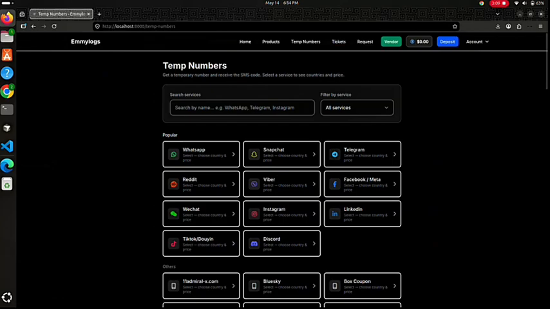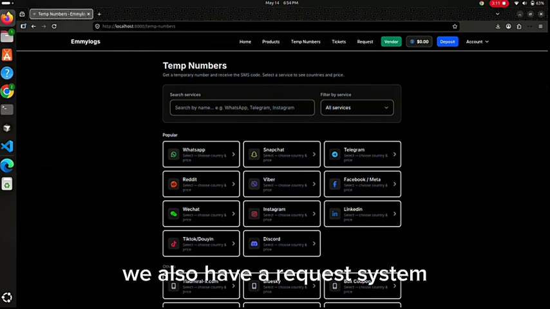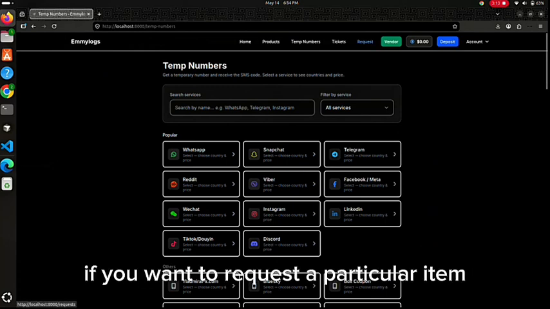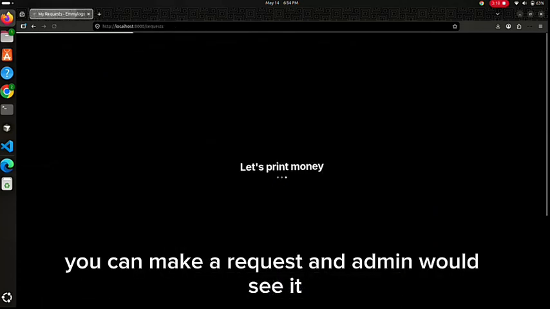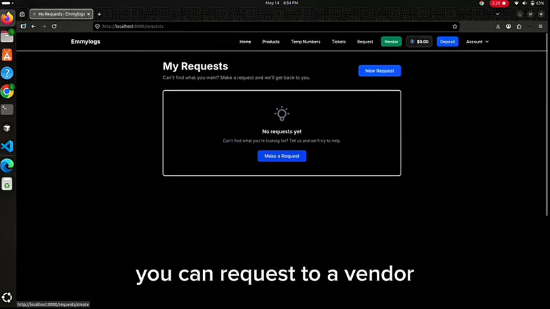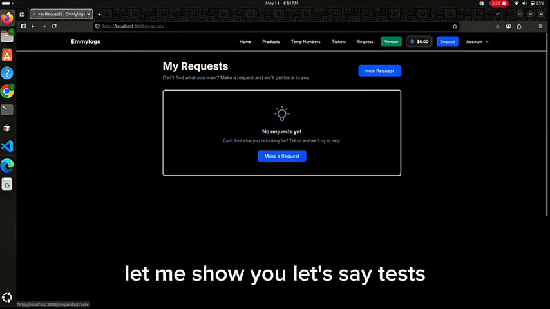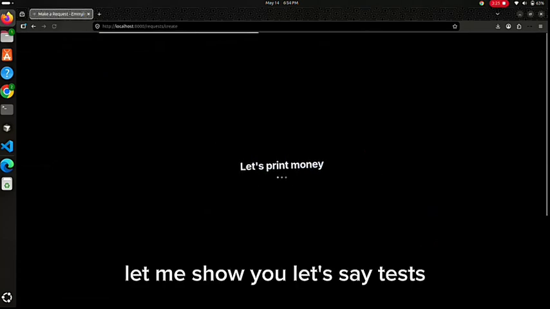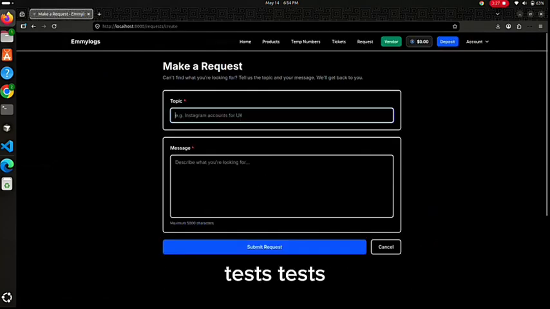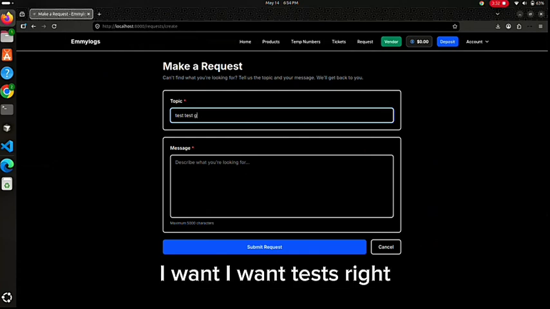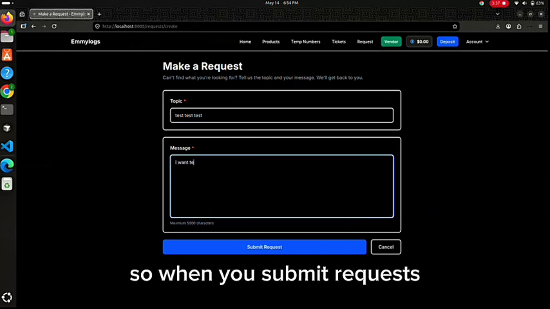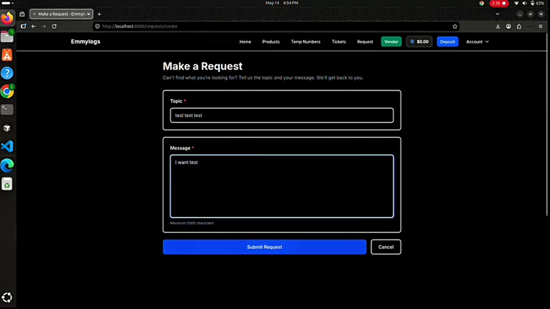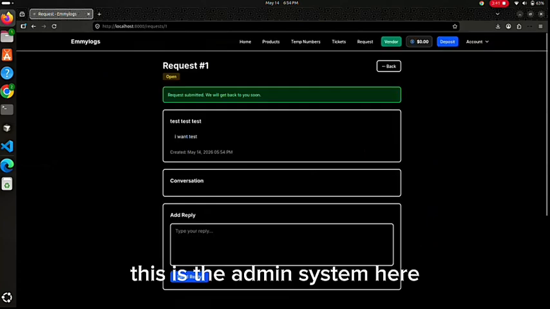We have the ticket system where you can report and admin can respond. We also have a request system. If you want to request a particular item, you can make a request and admin would see it. You can request to a vendor. Let me show you. Let's say tests, tests, tests. I want tests, right? So when you submit requests,